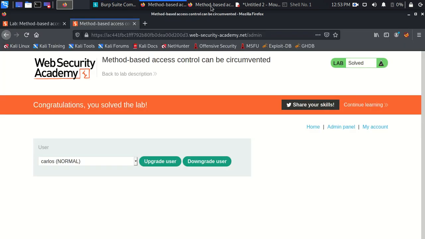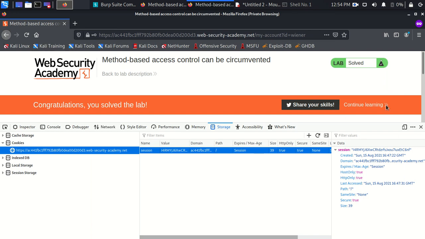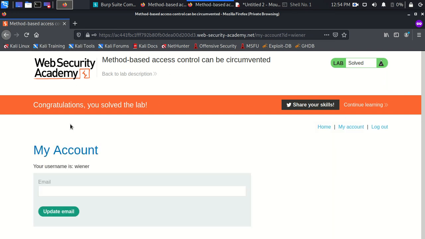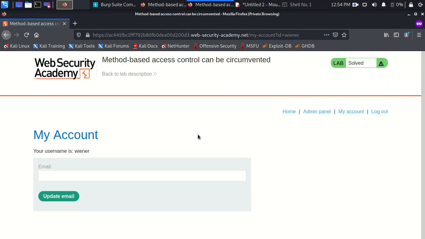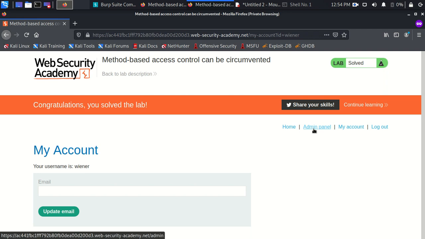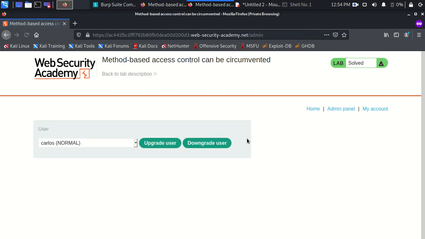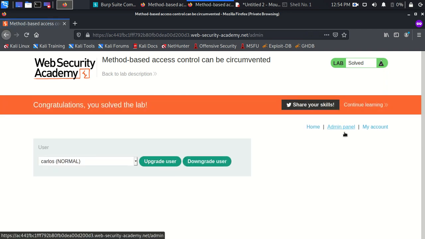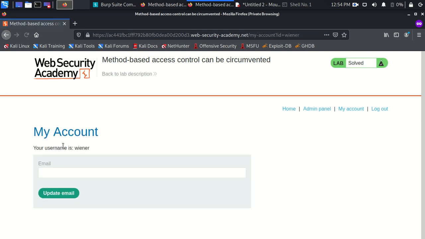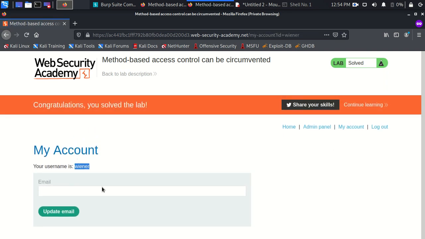Send it, go back, come here and refresh. It already says that you have solved the lab. So we upgraded our user and we can have the administrator panel. And this user is winner, not the administrator.